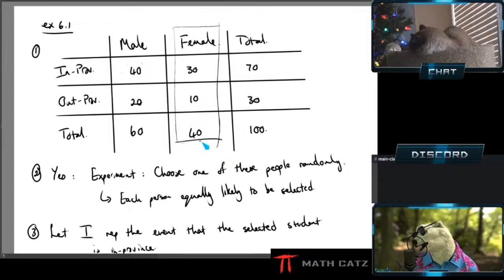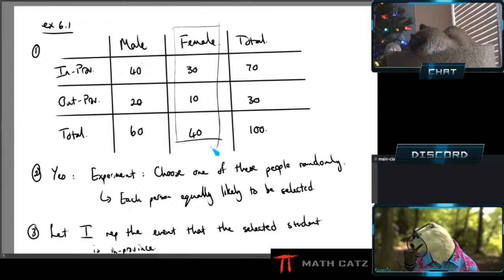Given that information, how likely is it to be in province? This is a completely different situation because I'm not looking at the whole table anymore. As soon as I have extra information, it throws away some of this. In this case, it throws away the males, because if you secretly go and select a person, you know they're female and you tell me, oh, I selected a female. How likely is it to be in province?